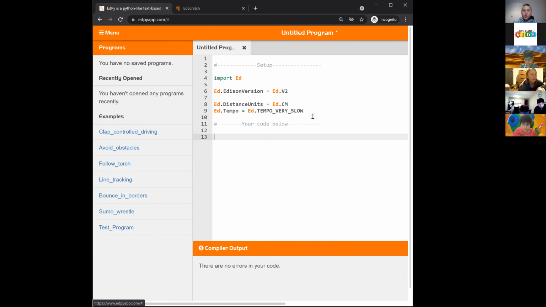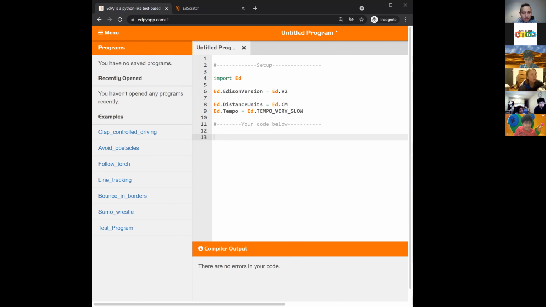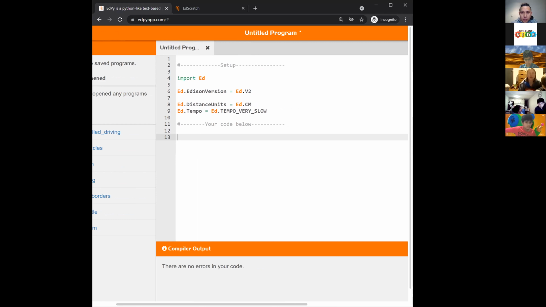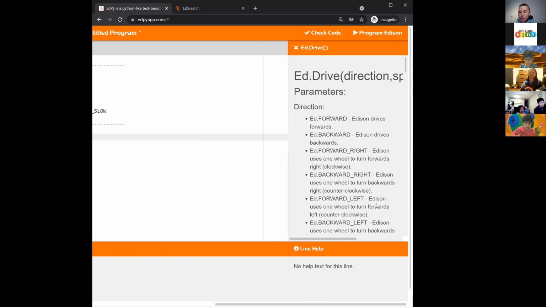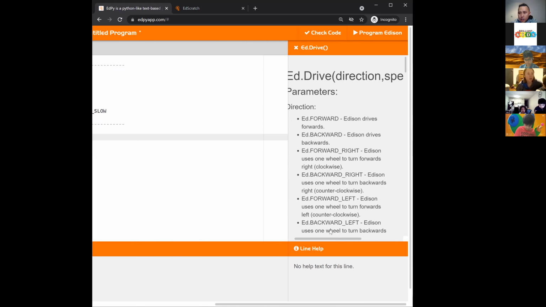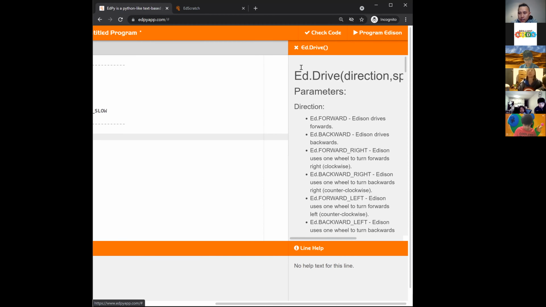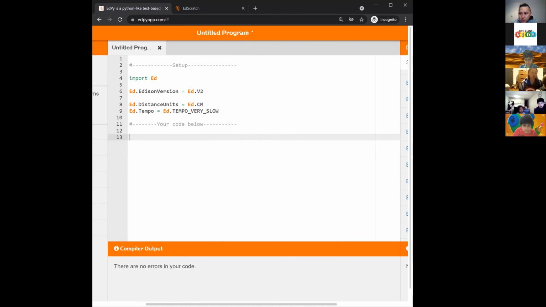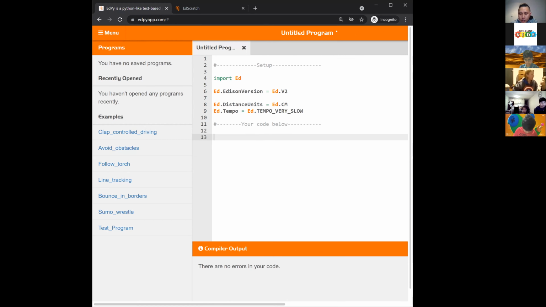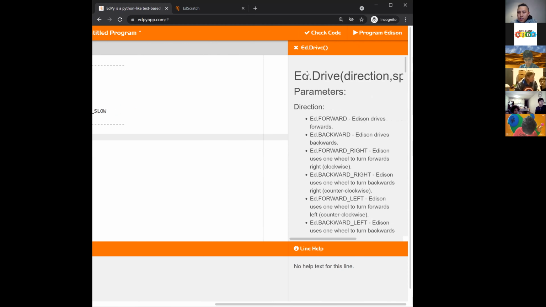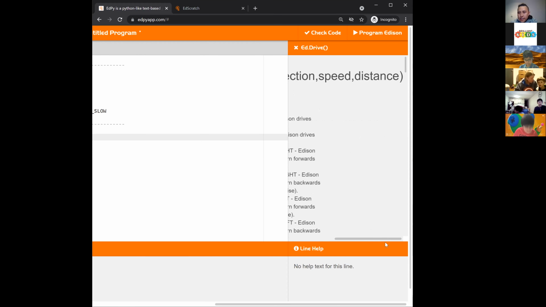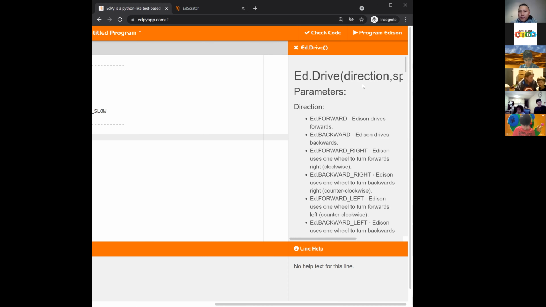Let me just quickly move across here. As you can probably see, you get to see how EdDrive works here. There's EdDrive. It has 3 parameters.